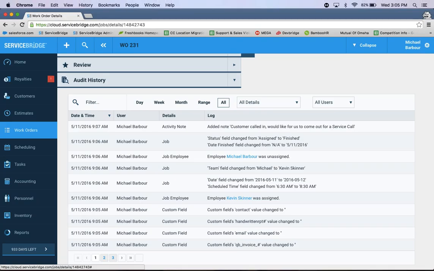What's great is if you have multiple people in the office, each person has their own access, and you'll be able to see which person made the change. The details is the category of what they're changing, and the log showcases what was changed.